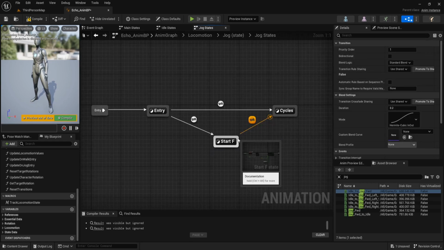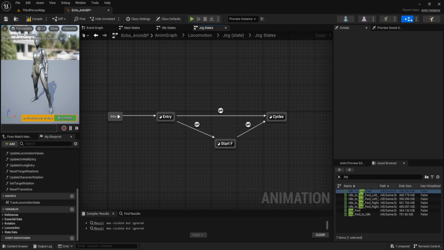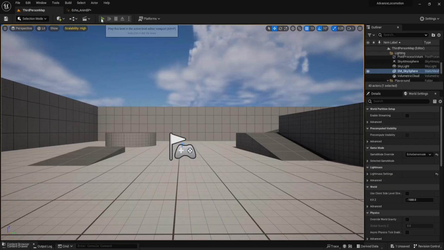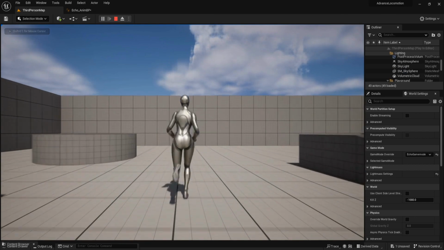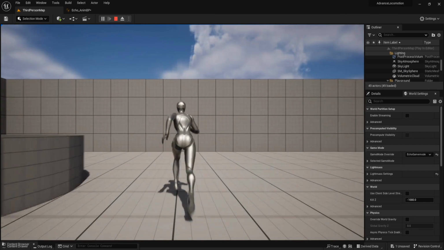And from the start F to cycle, we set the automatic rule based on sequence player is true and duration is 0.5. This jog system is similar to the walk state machine. And let's play test. And press shift. We can run.